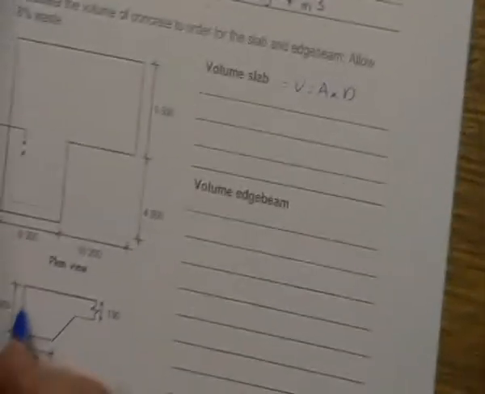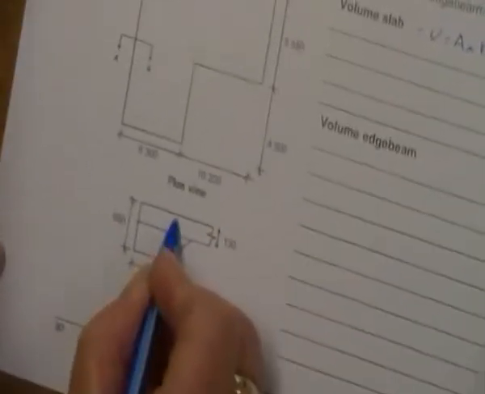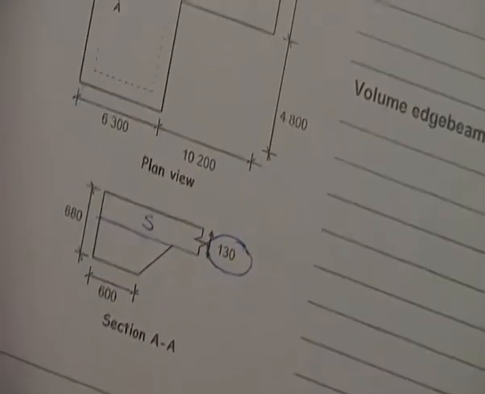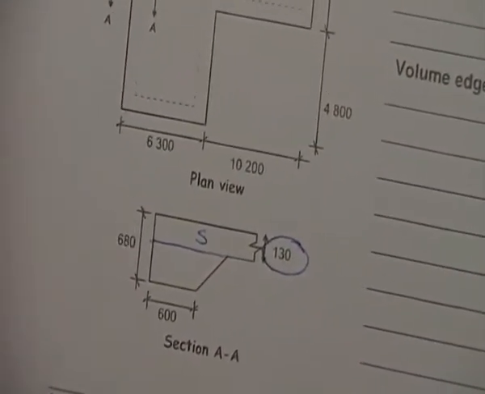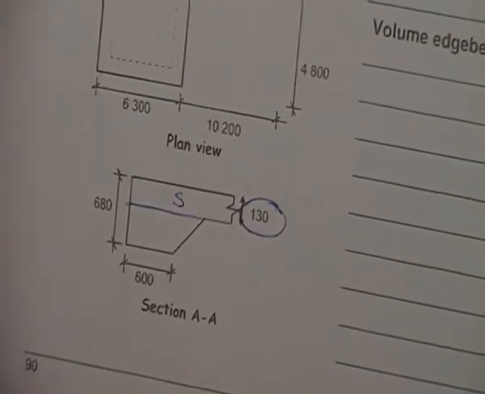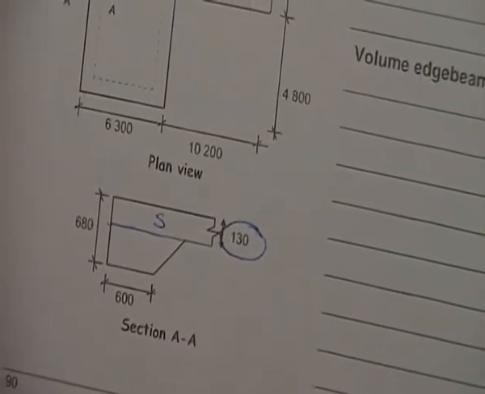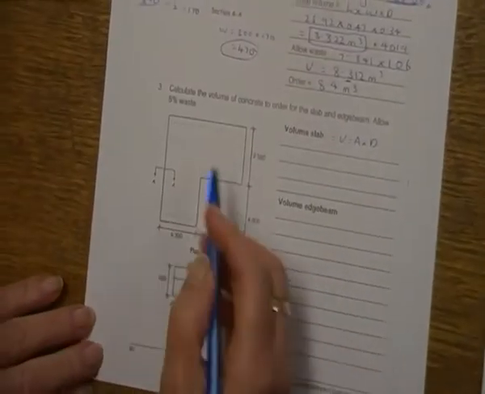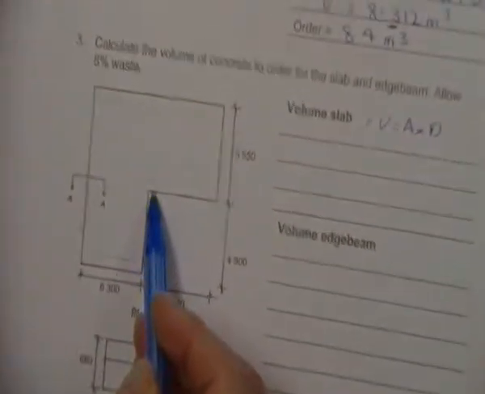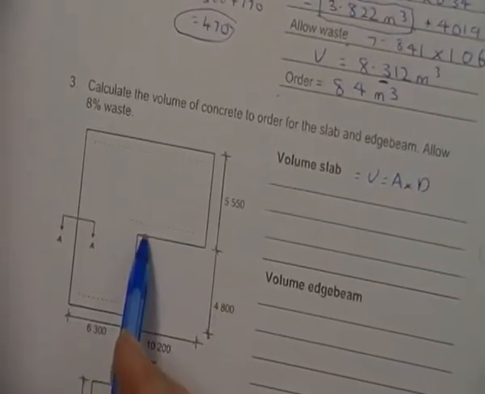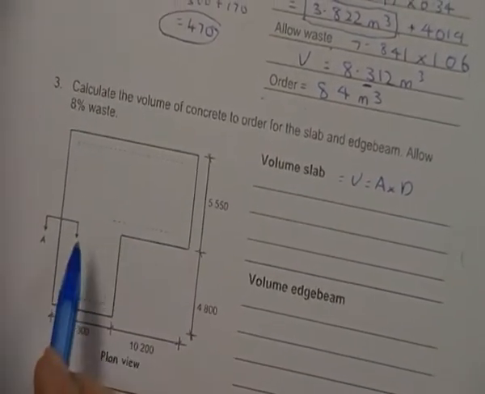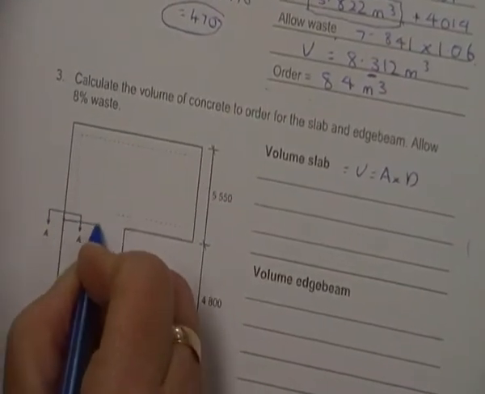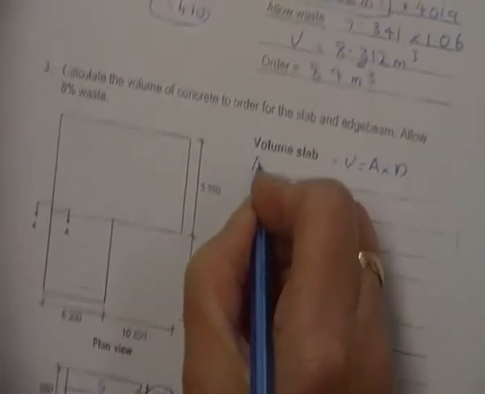So our slab here, when I look at my slab, it's 130. That's my depth. We need to do area 1 plus area 2. You can cut it like that down there, or you can cut it like that over here. I did it in mine like this. Area 1